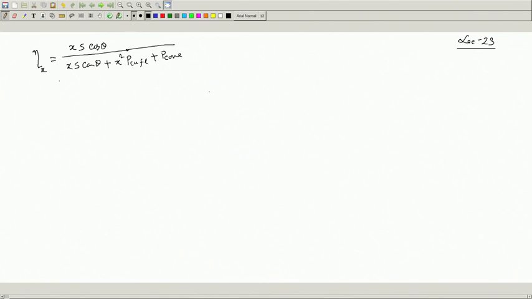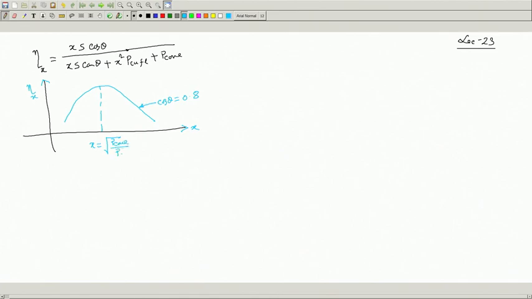And we found that the efficiency curve will be like this. This is some efficiency curve, and I must attach to each curve the power factor, cos theta equal to say 0.8. I showed last time that for a given kVA this axis is x, the degree of loading, and this is your efficiency, and this is the value of x at which maximum efficiency occurs, P core by P copper full load.